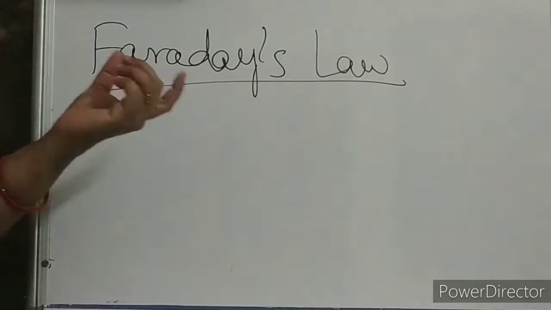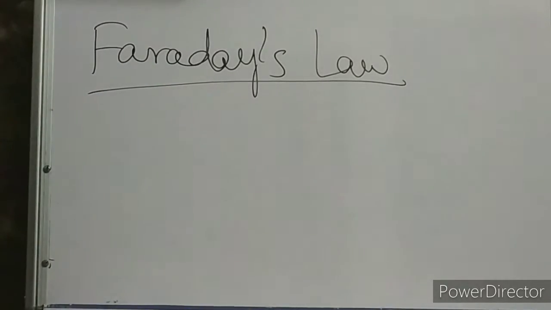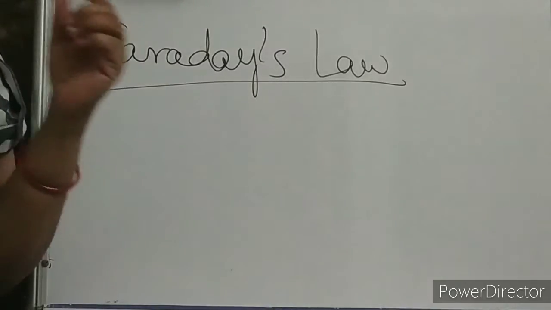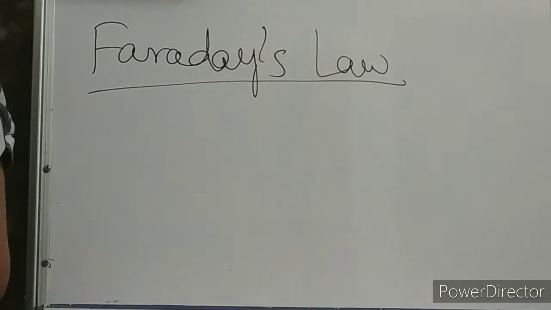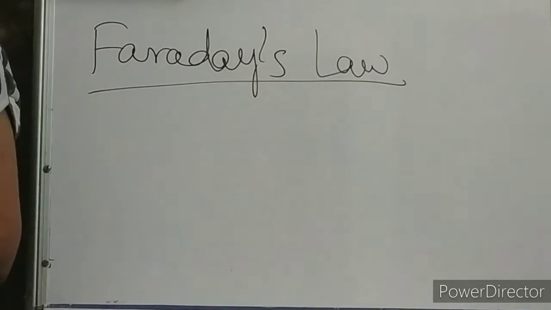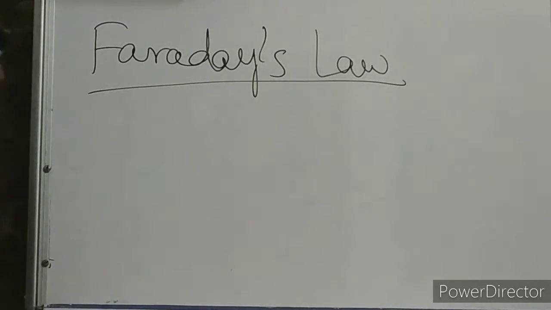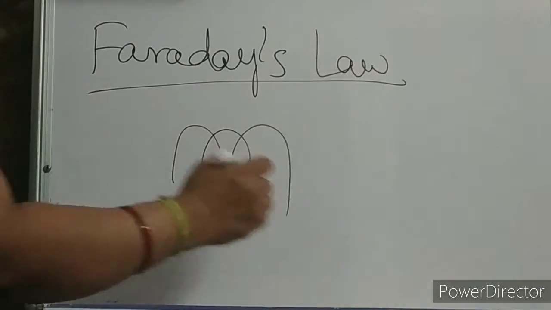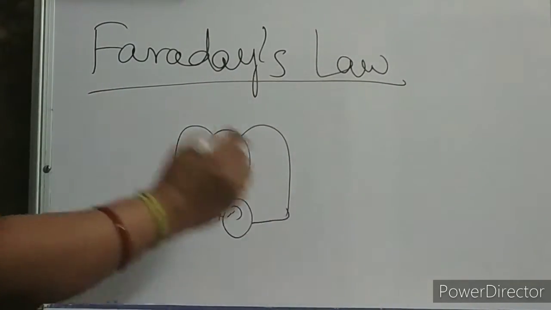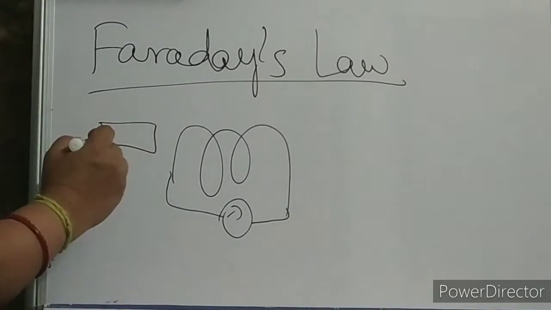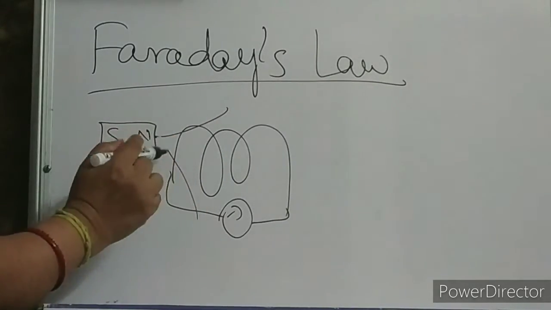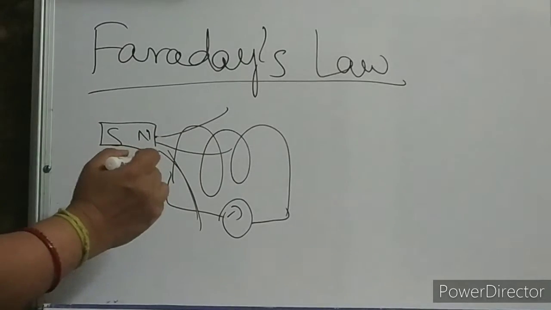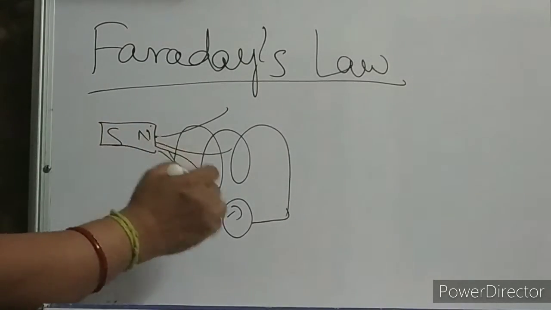In our last lecture we saw that if there is relative motion between coil and magnet, then current is induced. That means potential difference is induced, and by that current is induced. I have also shown how magnetic field lines link to the coil: if this is your galvanometer, this is your coil, and the magnet's North Pole or South Pole is near, then more magnetic field lines will link to the coil. Is it clear, children?